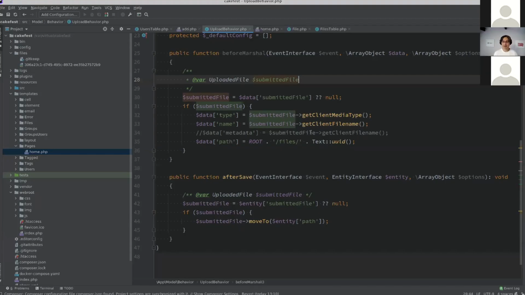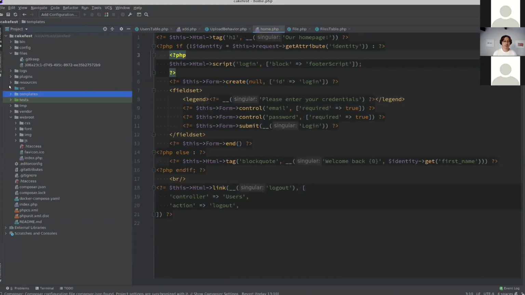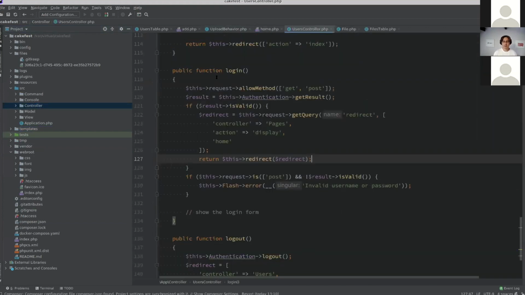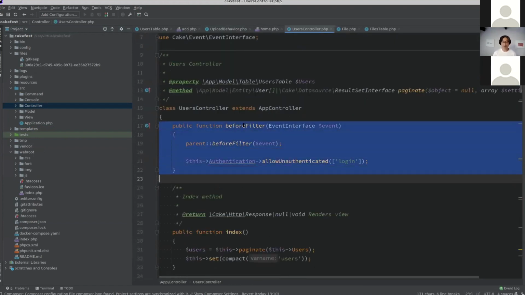I will keep going. We were basically adding a form to be able to do Ajax login on the home page. The next thing we need to ensure is that we can see this page even if we are not logged in, the same as we did with the login. So, users controller, the same we did for the login is to tell authentication to ignore the home page,